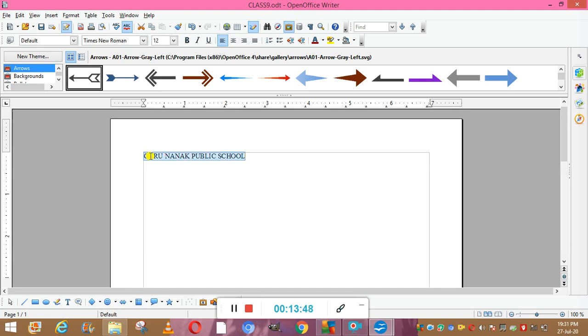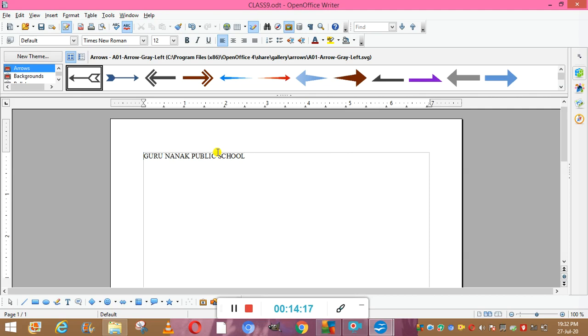Now for several words or lines, we can drag the mouse over the words, or we can use the Shift button and press the arrow key either to the left or to the right, like this. Now the next thing is the entire document. For the entire document we have to use the select all option, or we can use the shortcut key, that is Control plus A. Okay, so your whole document is going to be selected at the same time.